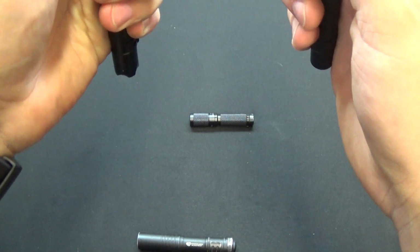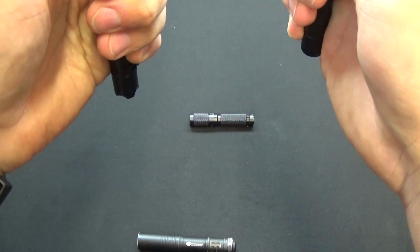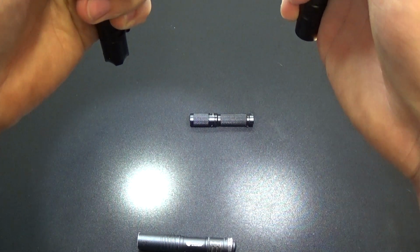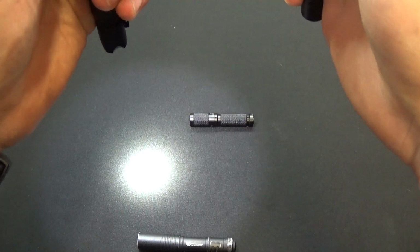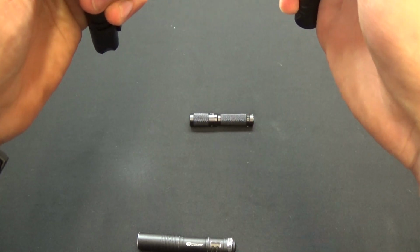Both of these are 3-mode flashlights. There's the turbo or high on the Phoenix, and there's the high on the PF01. Theoretically, these should both be around 100 lumens. I believe this one may be 100. The Phoenix may be 120. I'll have to look up that exact spec and I'll note it for you. But if we start on the low mode,